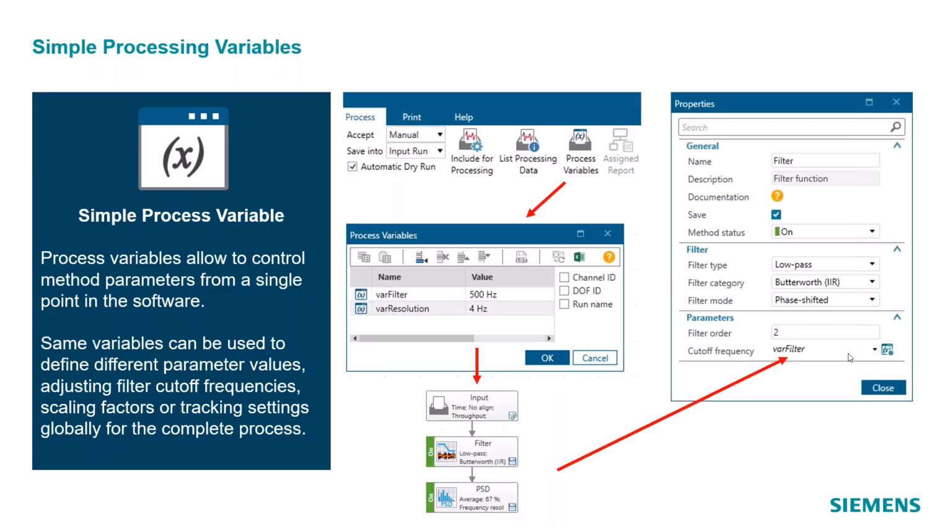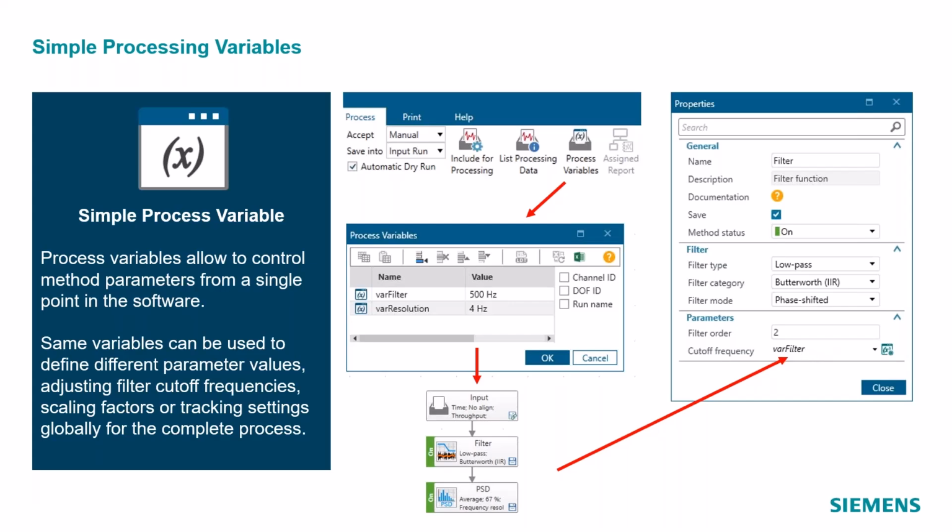And then in these methods, rather than typing in a number, for example 4 Hertz here, we choose our variable, or in this case for our VAR filter, this 500 Hertz cutoff frequency, we add in our variable.